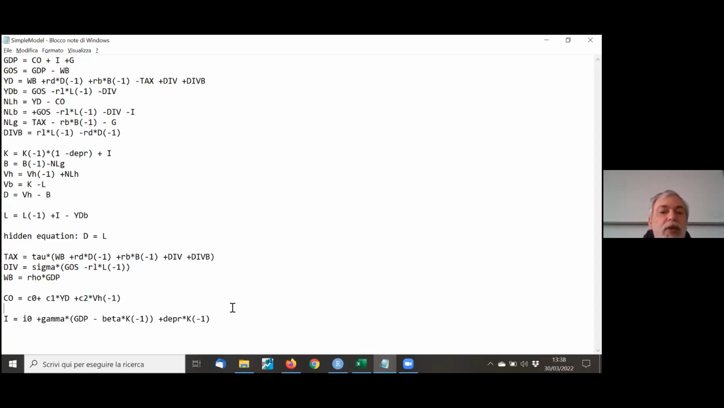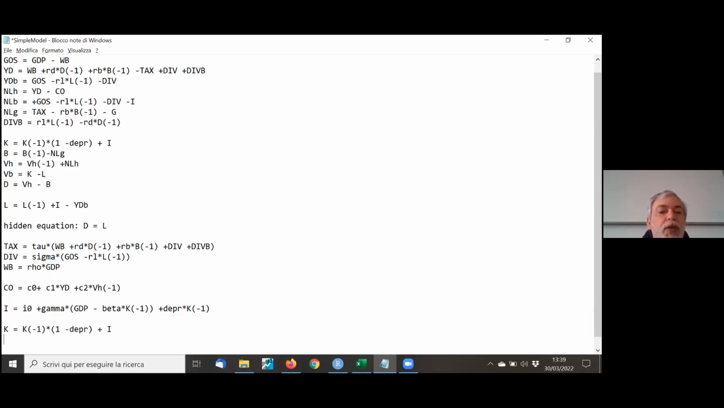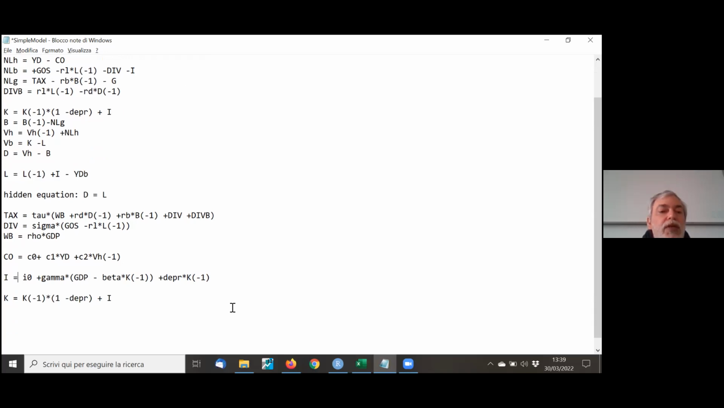Let's try to start with the stock of capital. So this is our equation for capital. And we substitute investment. And as we said, these two terms will cancel out. So we will have this